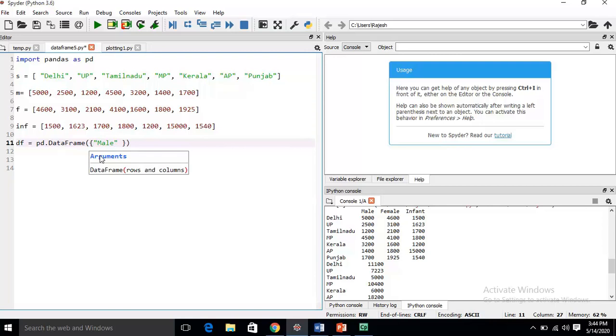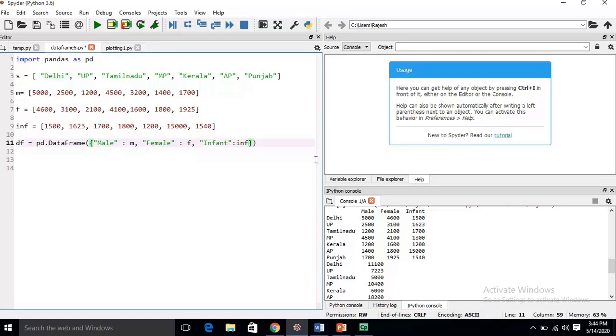Male is the key, then this is the key value, then again female is a key with its value, then again the key INF is a key of the dictionary with its key value.